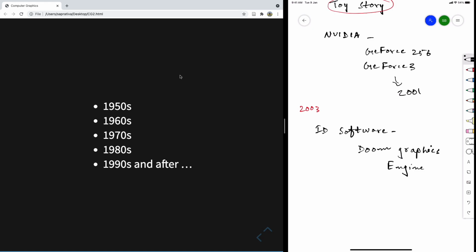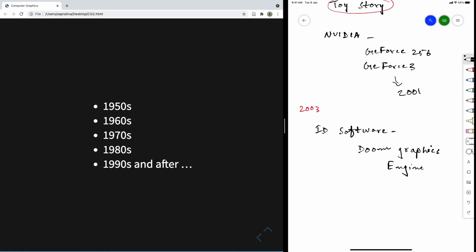So we have covered some of the major and minor milestones in the field of computer graphics right from the year 1950. So nowadays you can see computer graphics is everywhere, in films, in advertisements, in games, in your mobiles, in your computers, in your tablets, in your daily life. Without computer graphics we cannot imagine our lives nowadays.